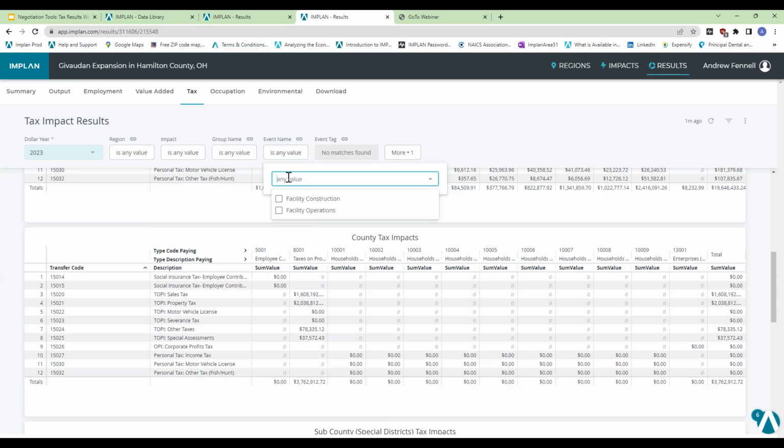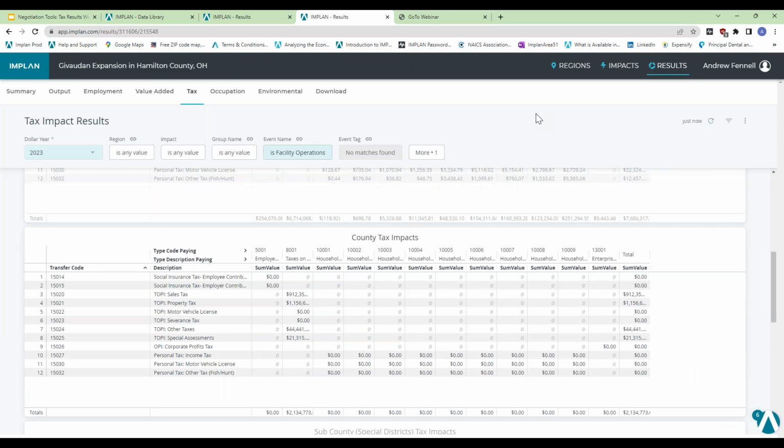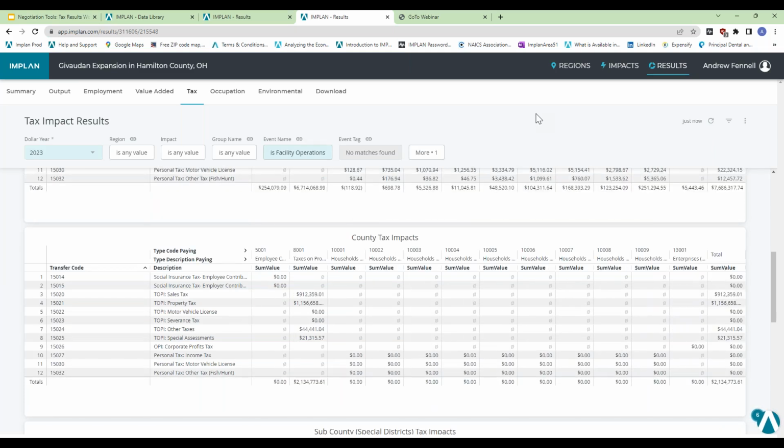Going in and looking at the different events that I've run, I have the facility construction and the operations here to choose from. Let's take a look at the operations, because this would be more of our ongoing annual fees. And annual operation will be really key when we take a look at some example reports of how people are interpreting such results and really what they can sort of mean in the region. So these county taxes, say Hamilton, Ohio in this case, because we're looking at this expansion project, about 2.1